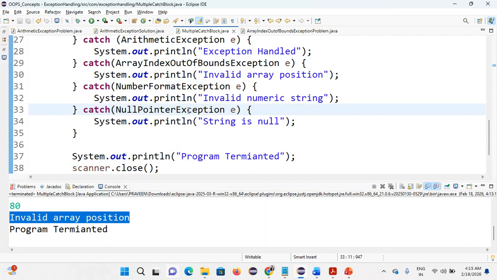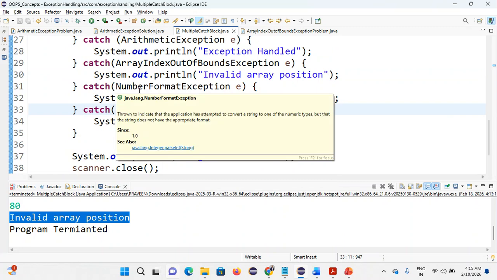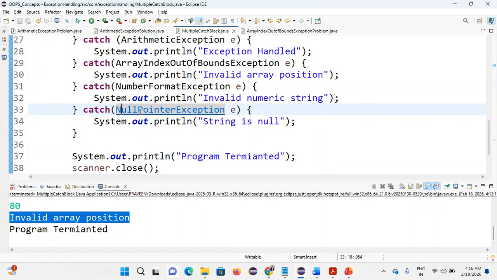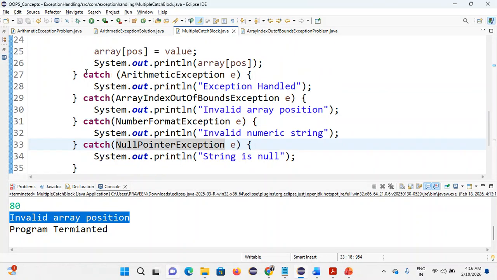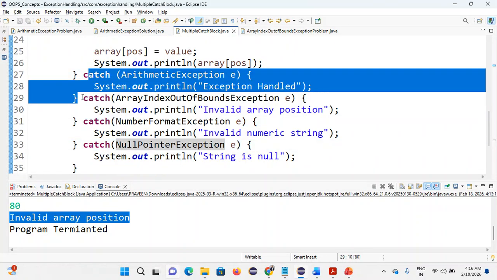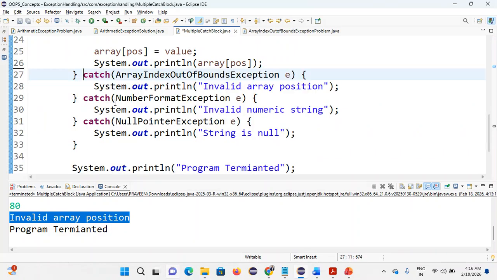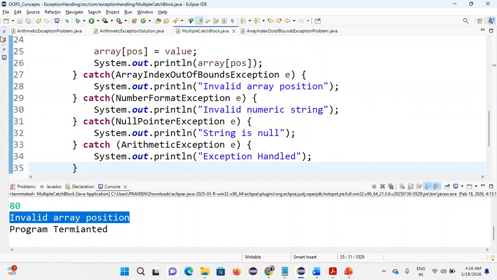Multiple try catch blocks means you are giving multiple catch blocks to handle any type of exception. What types of exceptions you are expecting, you just place in the catch block. It will handle that. If you're not giving that, it will not be handled. Even if I'm giving the catch block at last, it won't directly handle this